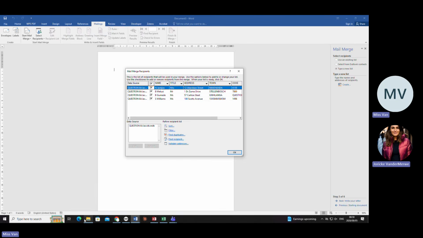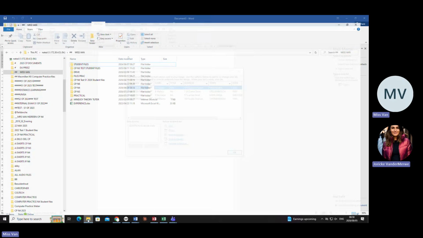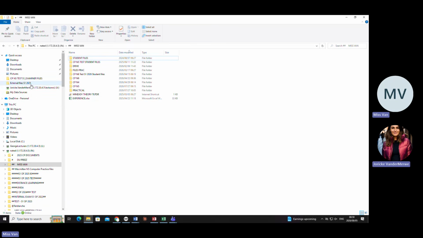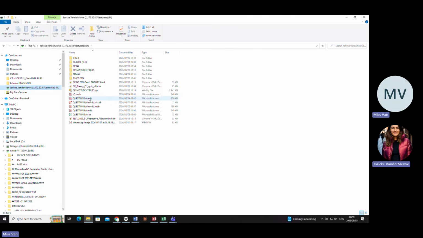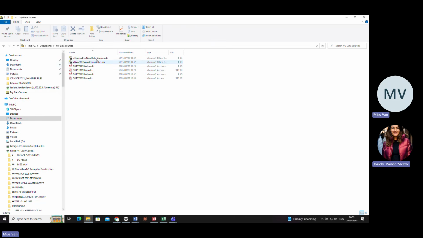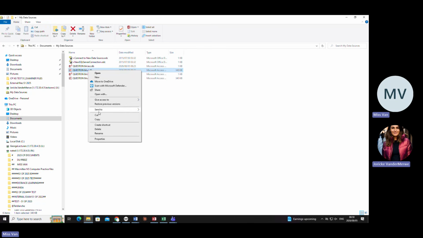All right? So you're going to go to File Explorer because you need to print this thing. Now, let's say you didn't save it correctly. So you didn't go to your drive and find it here. Then I want you to go to Documents and go to My Data Sources. It will be lying there somewhere. Then you need to right click and cut it into your own drive. That is when you have not thought about where you saved it, right?